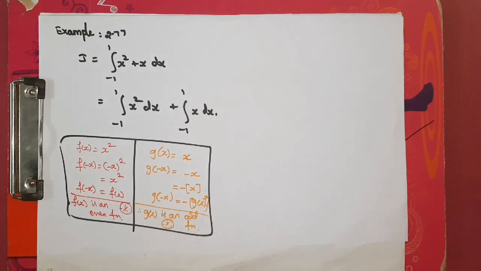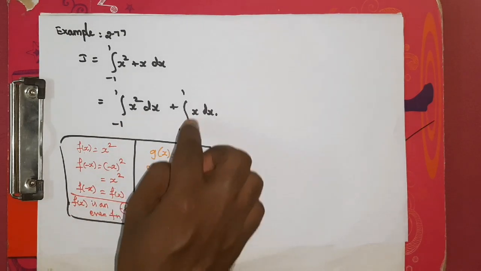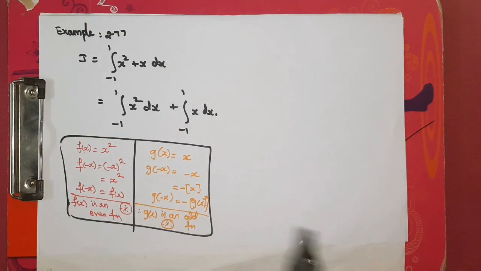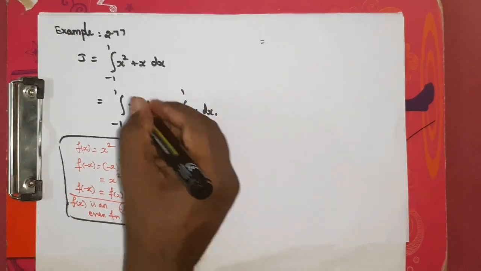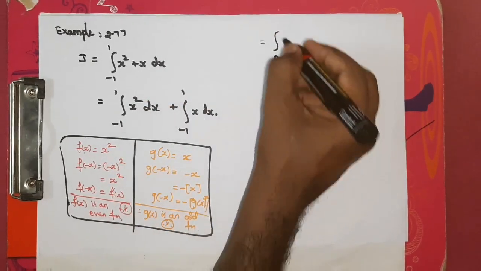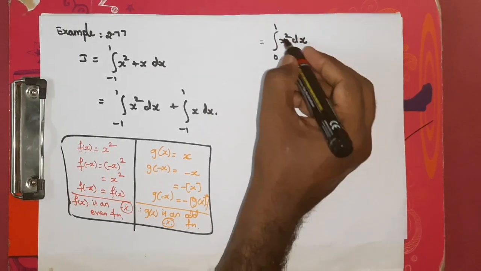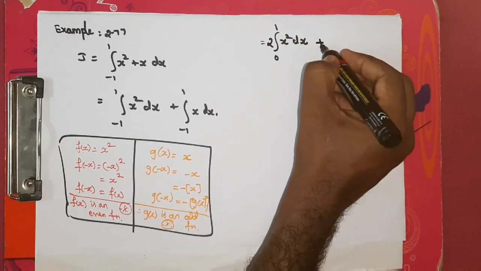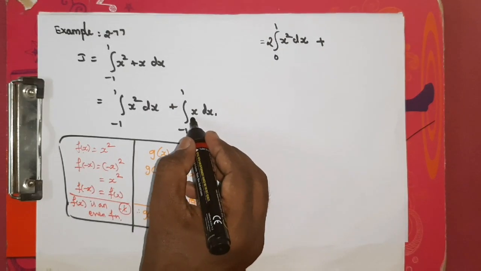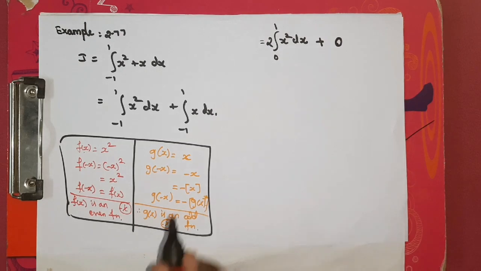Now let's get back to the sum. I hope you understand. Here x square, when we verified, is an even function. The x, when we verified, is an odd function. Since this is an even function, the integral lower limit will become 0 and the upper limit will be the same, the inner part will be the same, but in the front we multiply by 2, right? Since x is an odd function, the whole integral value will become 0. No need to solve it, right?